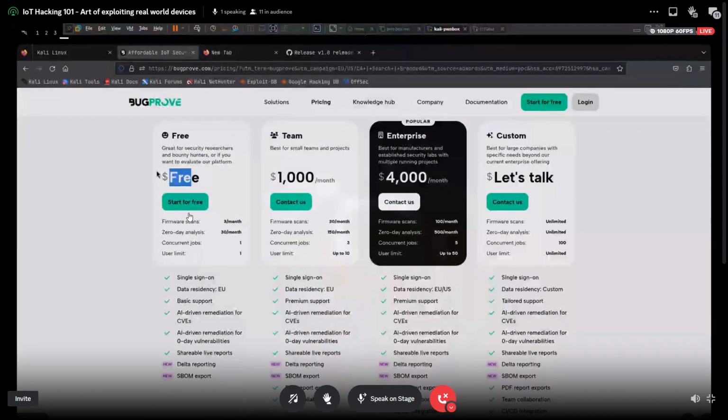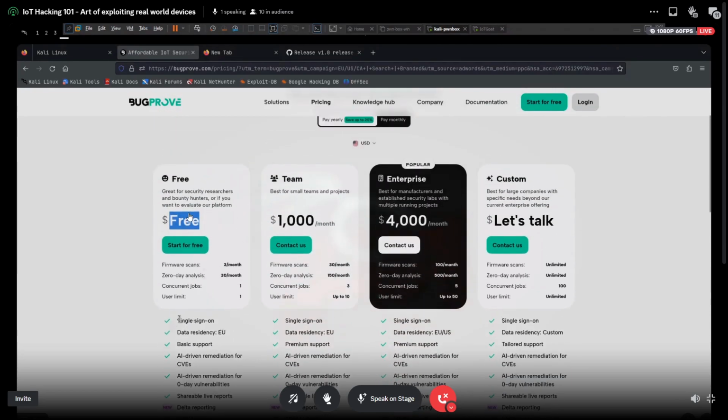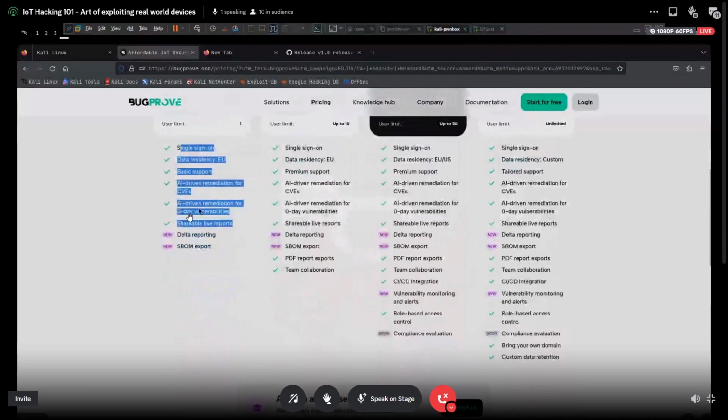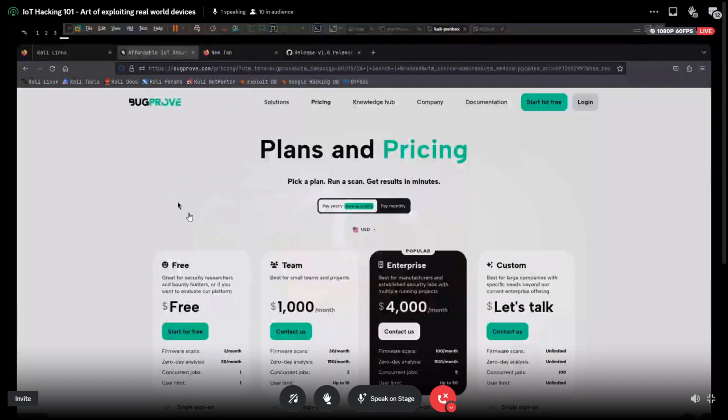If you are a rich company or a rich threat actor who is printing millions of ransomware, surely you can afford $1,000 per month for a team as well. And the free one is basically free, and it allows you all the basic functionality, including the 0 day vulnerability stuff.